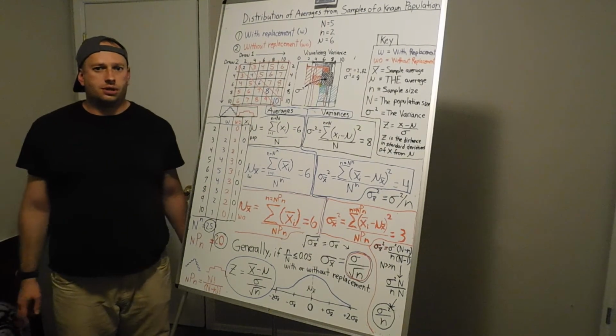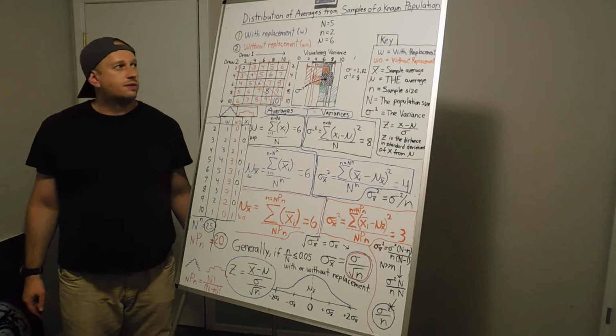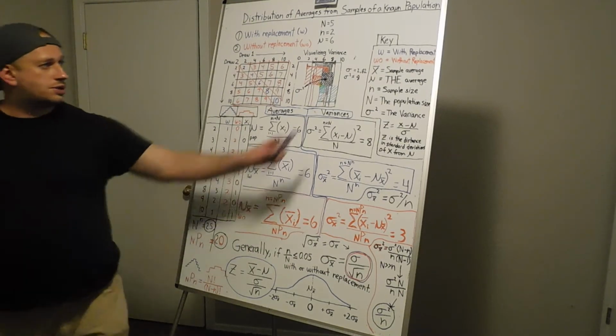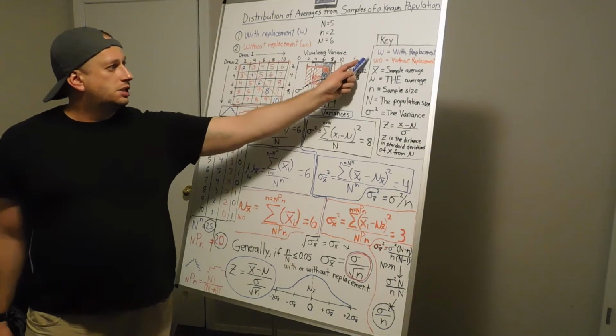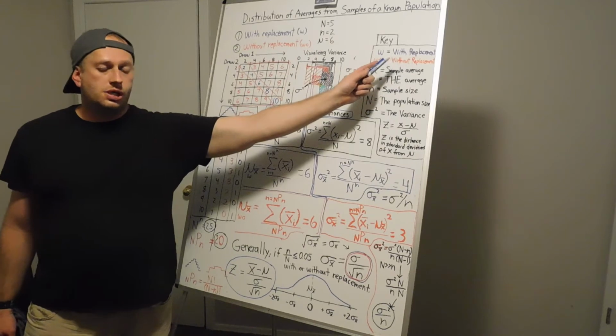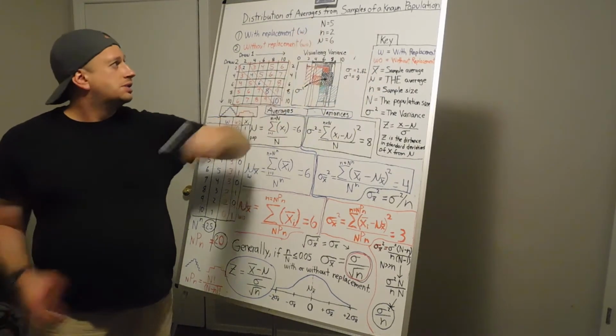I'm going to talk about the distribution of averages from samples of a known population. So I'm going to start by introducing my key. When you see the letter W, that is with replacement, which means that we are taking,